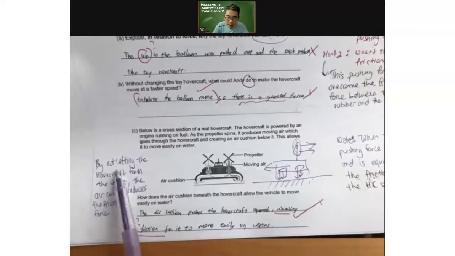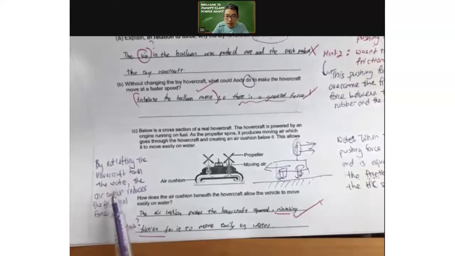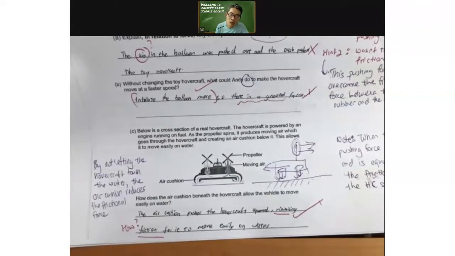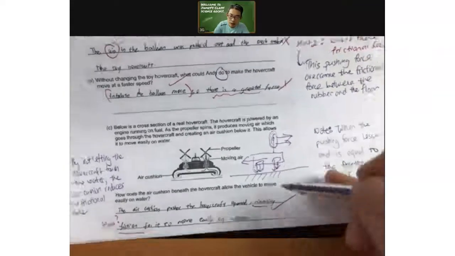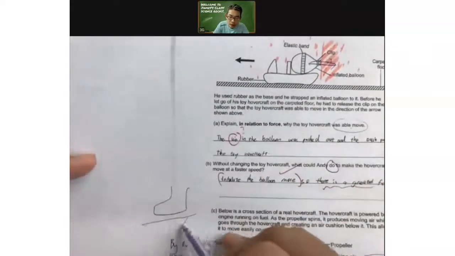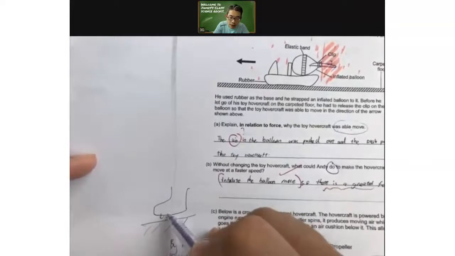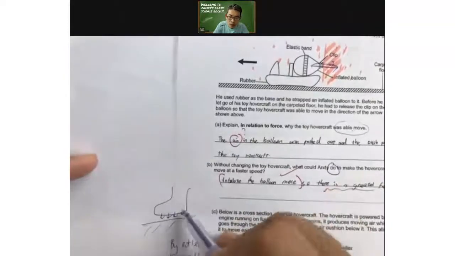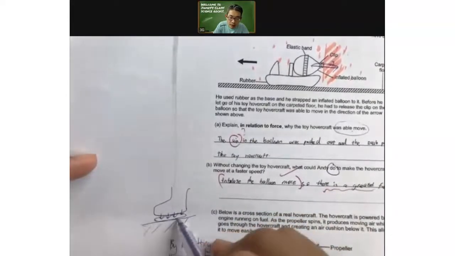Well, by simply not letting the hovercraft touch the water. So imagine if your shoe is like a hovercraft, if your sport shoe can generate an air cushion between the rubber sole and the ground, so your rubber sole is not touching the ground. If it is your special shoe that you go to school with, and this is the ground. If there's an air cushion that can be generated so that you are floating on the air,